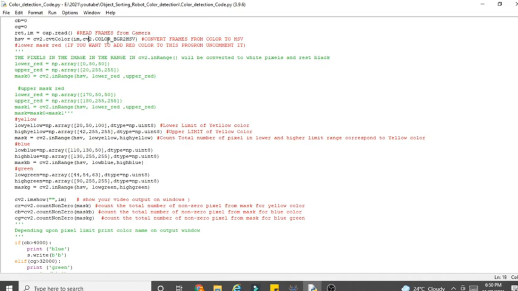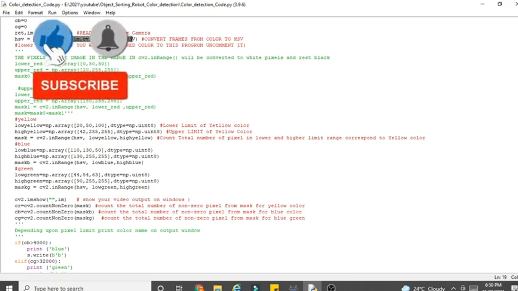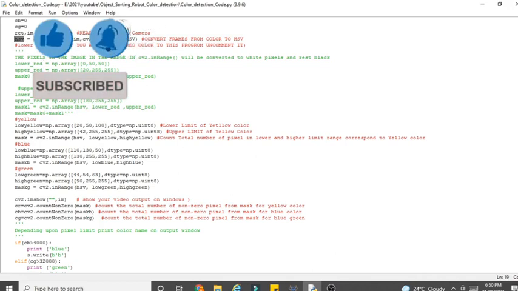Why is HSV form used? Because this form is very easy for image processing. So we convert the image into HSV form. This function returns one value, and that value is stored in the hsv variable.